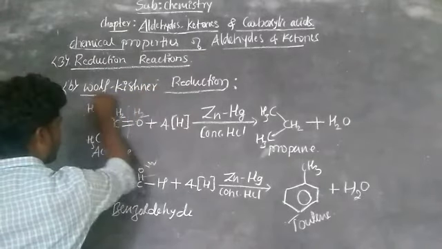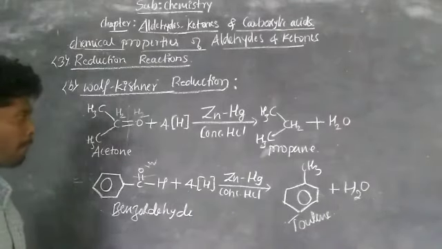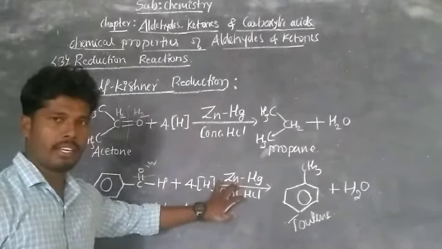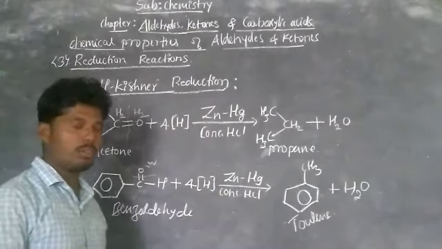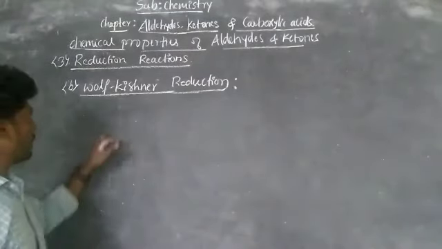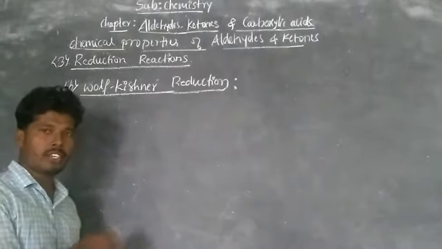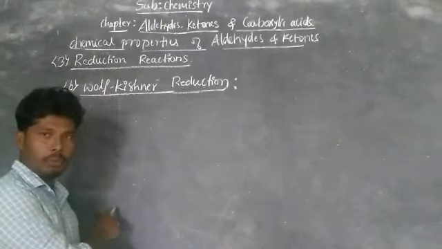So both Clemmensen reduction and Wolff-Kishner reduction are the same, but the reagent is different. Now see. Then the next one is Wolff-Kishner reduction. In this Wolff-Kishner reduction, aldehydes or ketones